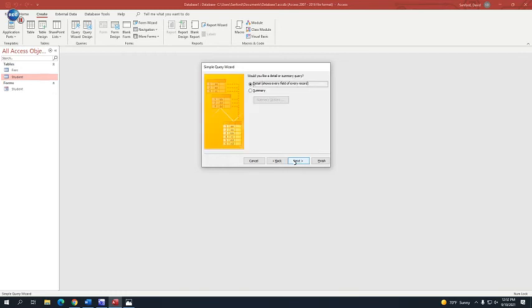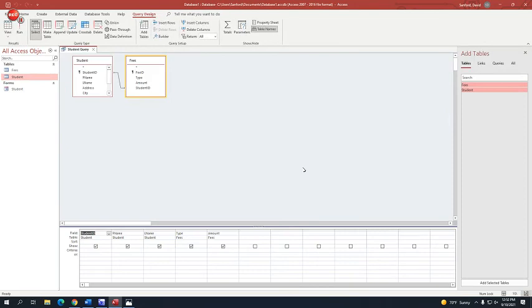I click next, and I click next, I modify the design, I click finish, and right here under criteria, I could do something like this, and when I run this query,